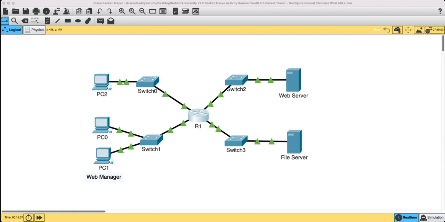So by giving the file restrictions, that is file_server_restrictions. Now, as a network administrator, we are going to permit. If you see here, the router is configured with the standard IP address with the access control list. So in that access control list, we are going to permit the host, give the name of the host. What is the IP address of the host? For this web manager, the IP address is given as